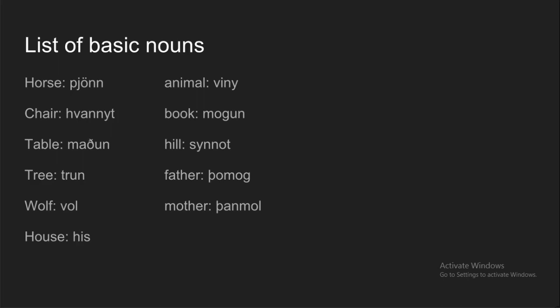Here's a list of basic nouns. Again, horse, pjön; chair, kvannet; a table, madun; a tree, trun; a wolf, vol; house, his; animal, which I'm actually going to have to change now that I notice. Add on an L to the end of animal, and that will be the word for animal, which would be vinyl. Didn't really realize I could use animal as a gendered version, I forgot. Anyways, book, mogun; hill, sinot;